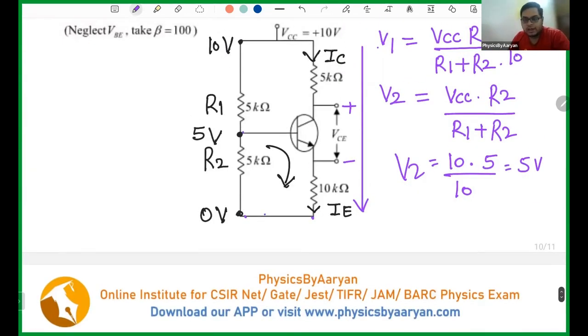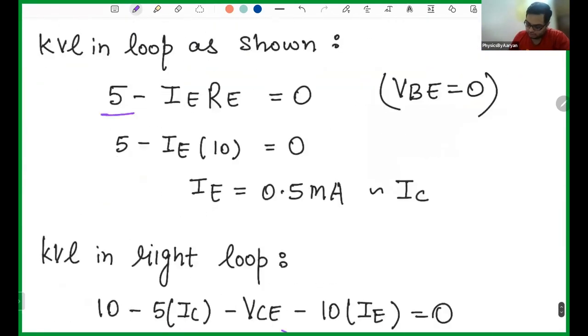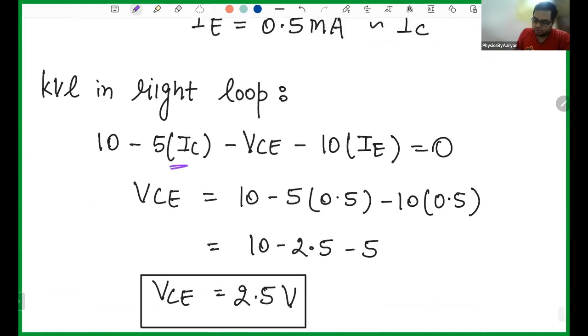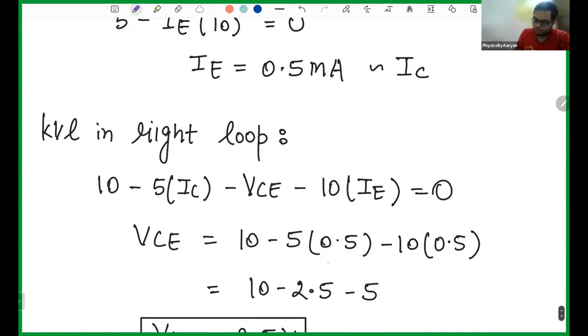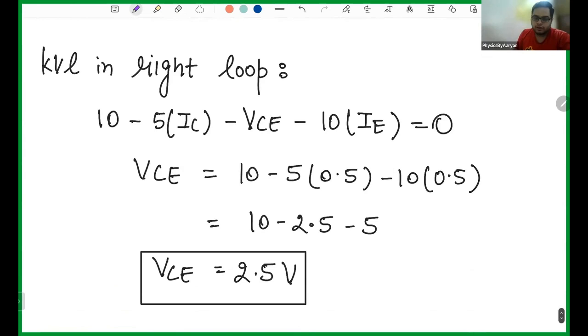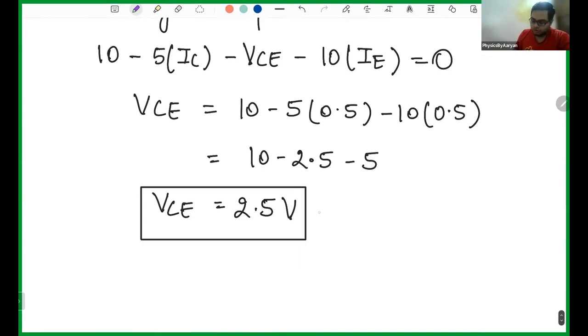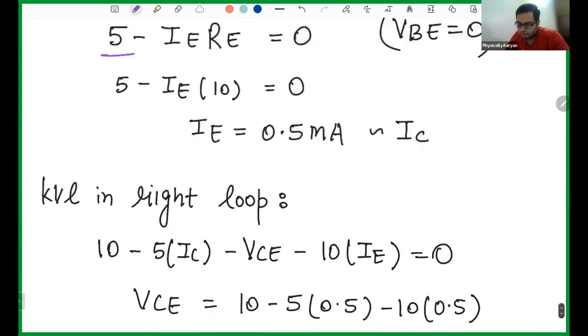So this will be IE into RE. RE is 10, so minus 10 into IE. I put the values, so VCE I bring it here. So this is 10. IC value is 0.5 milliampere, so 5 into 0.5. IE value is also 0.5, so 10 into 0.5. So this becomes 10 minus 2.5 minus 5. So your VCE comes out to be 2.5. So that is how you solve the problem of